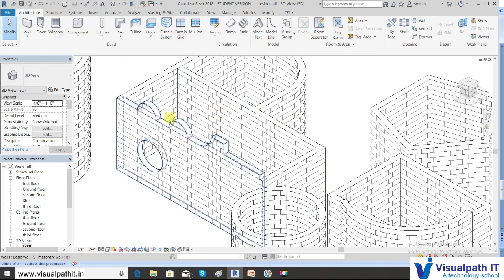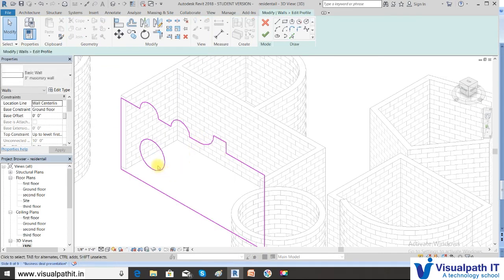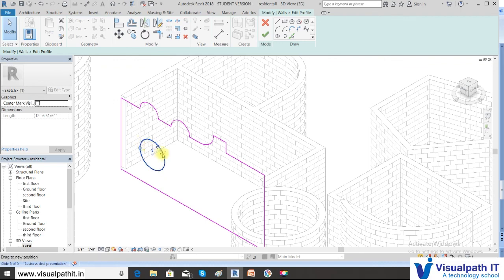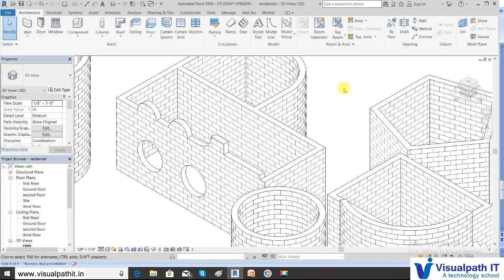Say you want to edit it again, select it, edit the profile. You can select, use the control, and if you want to copy this, use control and press the move symbol, click done. So you can get your decorations as you can extend it.